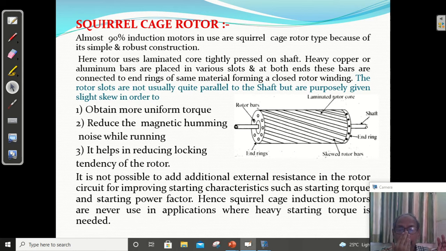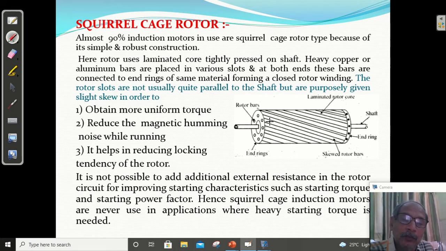Now, the rotor slots. If you observe, this is the squirrel cage type of rotor. How will it look? It is not solid. There is winding on it, so it is not solid but a laminated one. These are thin sheets, stacked together so it looks solid. This is the shaft. Clear? At both ends, what are these here? Slots. These are the slots. What you see here, this is the slot.